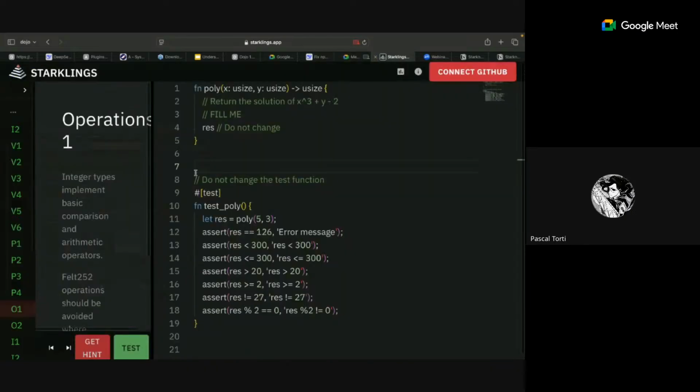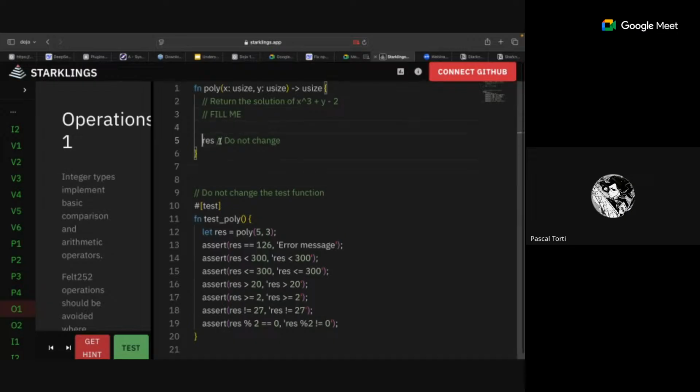Yeah, so let's go to the next. Return the solution of x raised to power 3 plus y minus 2. Fill here, don't change this, and don't change anything here. So how do you do it? You have to declare